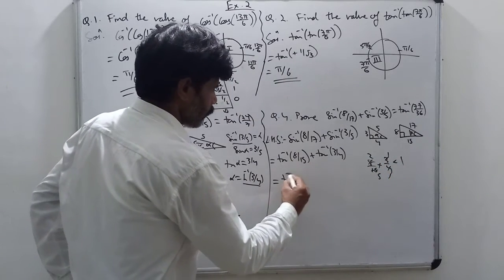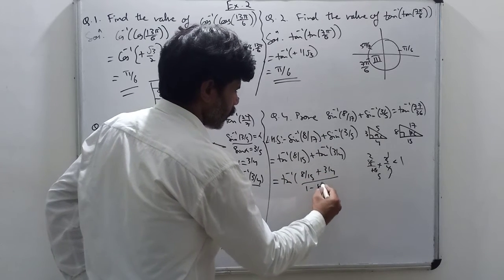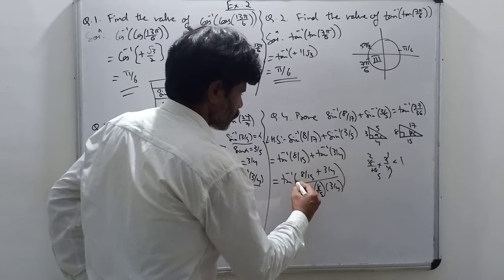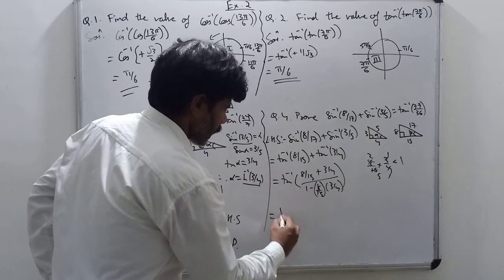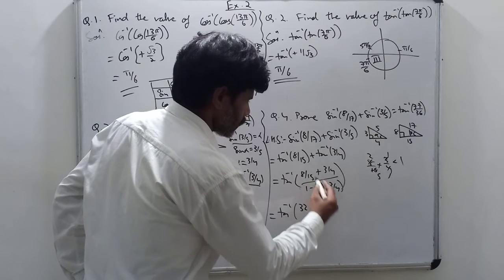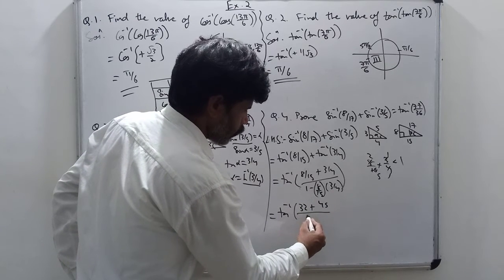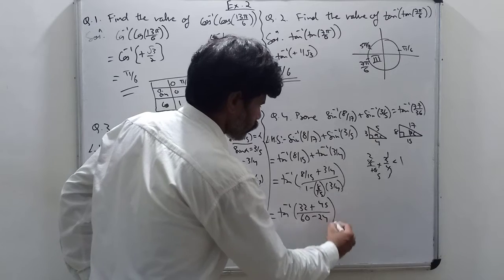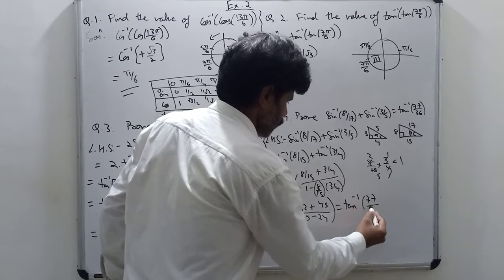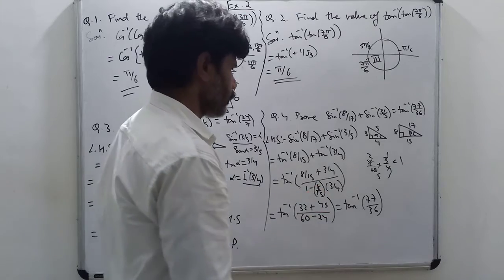Okay. So tan inverse of 8 by 15 plus 3 by 4 upon 1 minus 8 by 15 into 3 by 4. That is equal to tan inverse of, what is the LCM? 15 into 4. So 8 into 4 is 32 plus 15 into 3, 45. And here 4 fives are 20, 60 minus 3 eights are 24. So I am getting tan inverse of 77 upon 36. So I am getting tan inverse of 77 by 36.